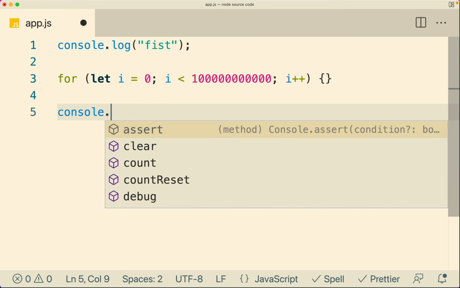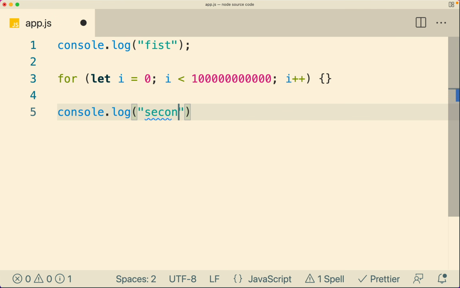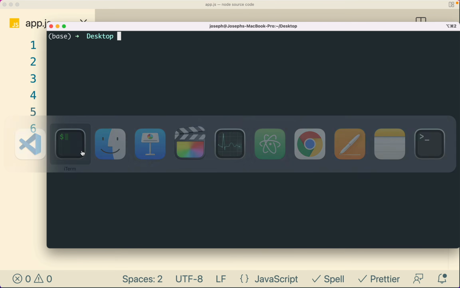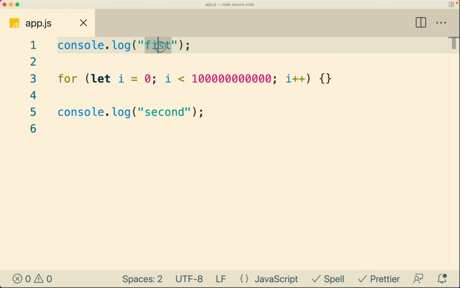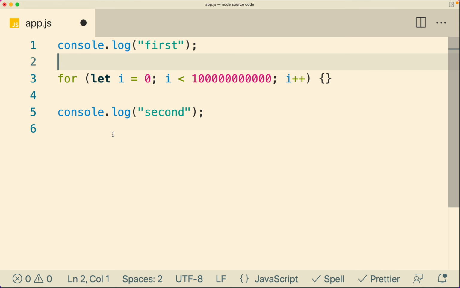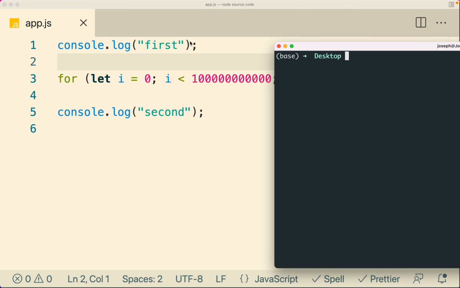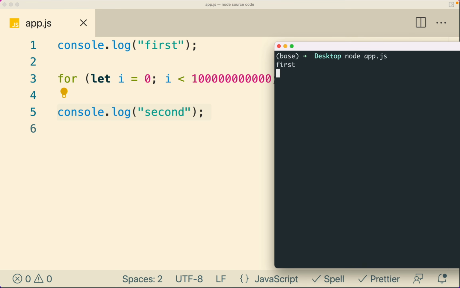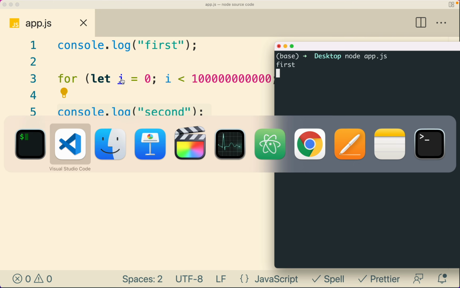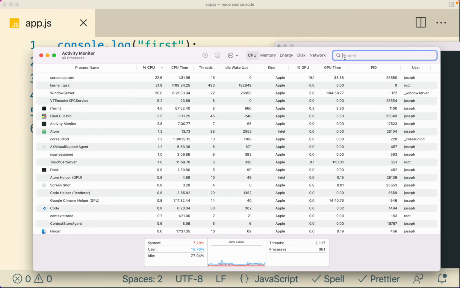So console.log second. And I'm going to run this code. And when I run it, I'm quickly going to get this first command. And I missed this R. So I'm first going to get this first log onto my console, and then it's going to wait for a couple of seconds. And when it's waiting, and it's doing this for loop, my whole application will become unresponsive, and this log is not getting run. So here's what's going to happen. I run it, I get the first command, and while it's doing that for loop, if I take a look at my activity monitor and I search for Node,